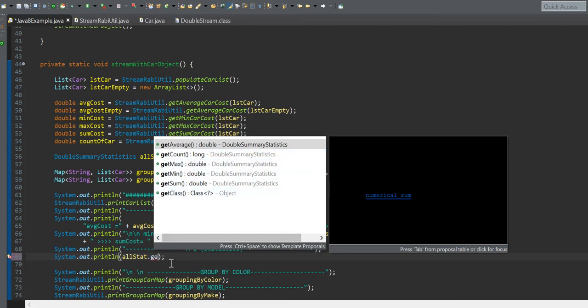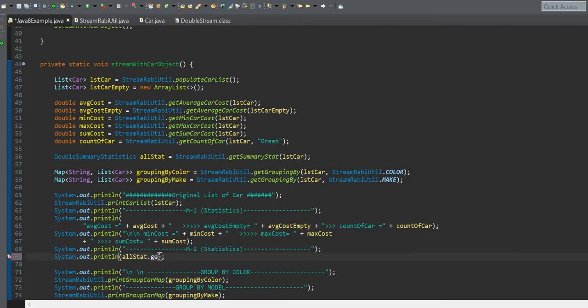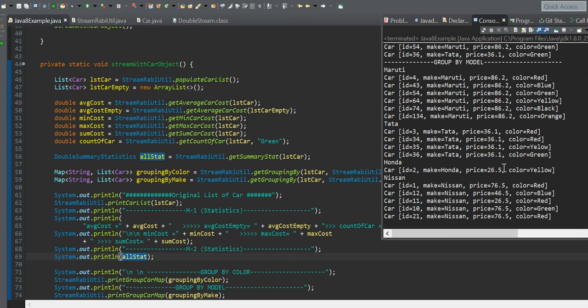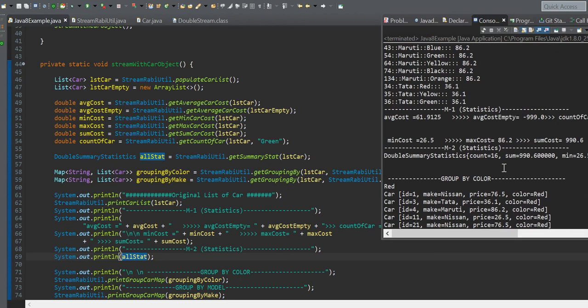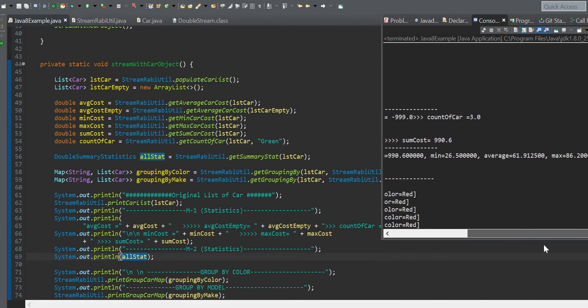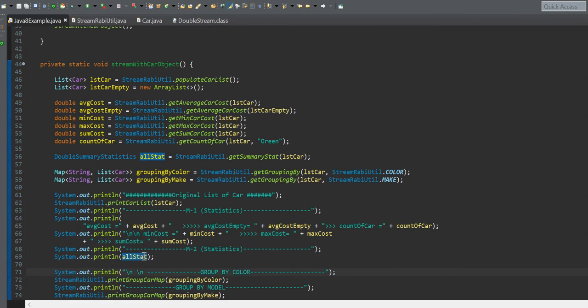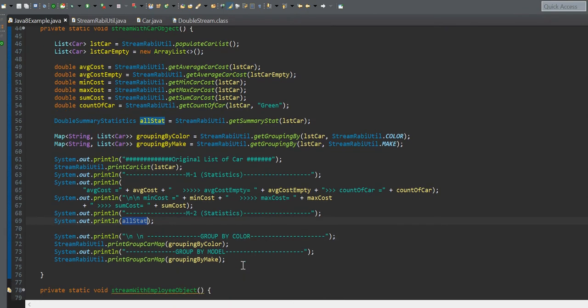Otherwise it will print entirely all that, like minimum, maximum, count, all at once. Here you will see count, sum, minimum, maximum, average, everything, all things in the same class.